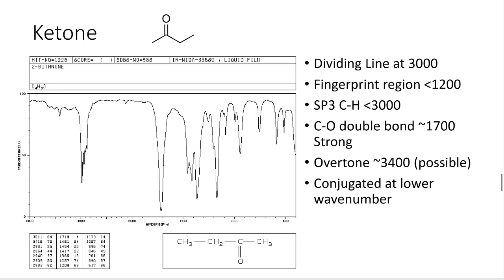The next compound of interest would be a ketone. So this is methyl ethyl ketone. It has that carbon-oxygen functional group. So again, just below 3000, we have our sp3 CH stretch from all these sp3 hybridized carbon-hydrogen bonds. But the most important feature in this spectrum is the carbon-oxygen double bond peak, which shows up at around